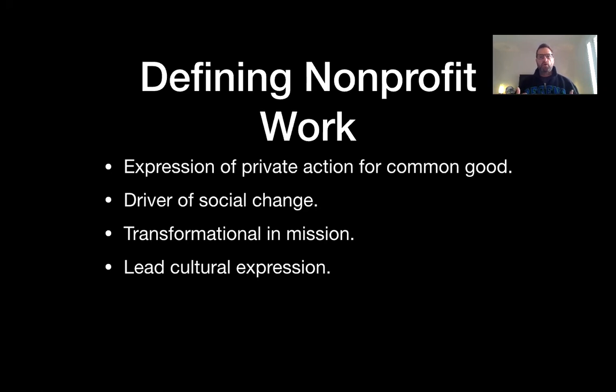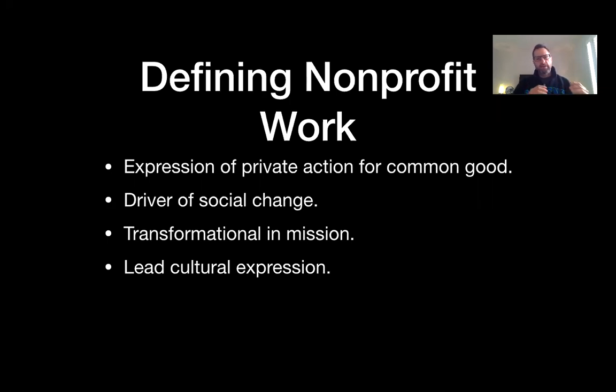What nonprofit work allows us to do is lead a different expression within the culture. There's a different language. There's a different mentality. There's a different way that people begin to see the culture. Maybe it expands their view in race relations, or it expands their view in the reality of things that exist that maybe they didn't know exist. And then it gives people the opportunity to express into the culture the things that need to change, the things that need to transform. So those are some four really quick baseline things.